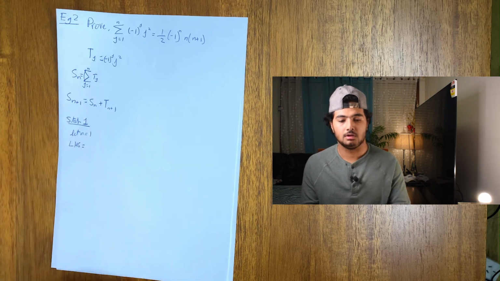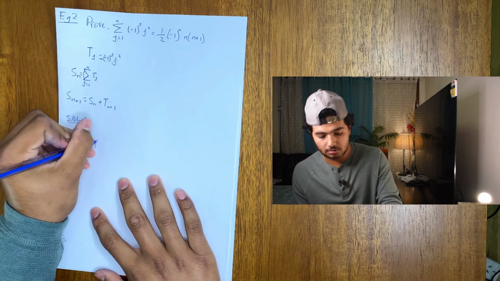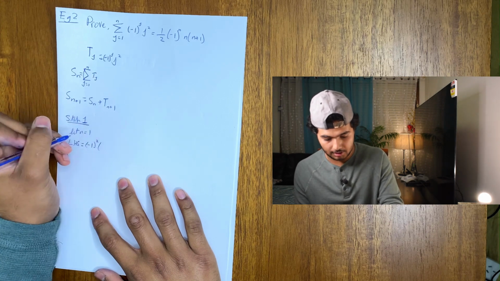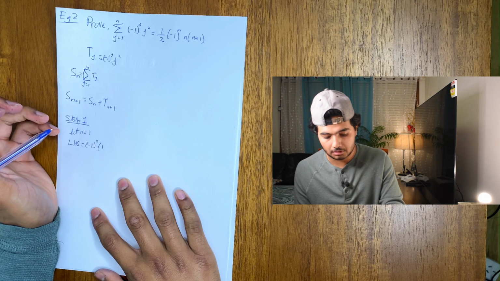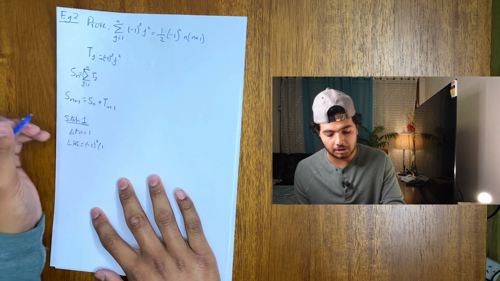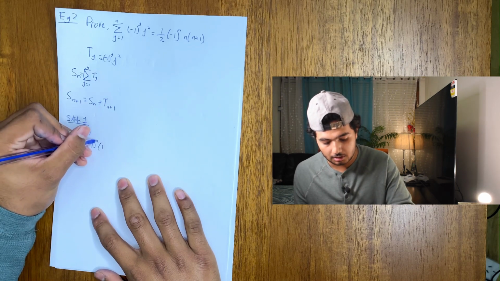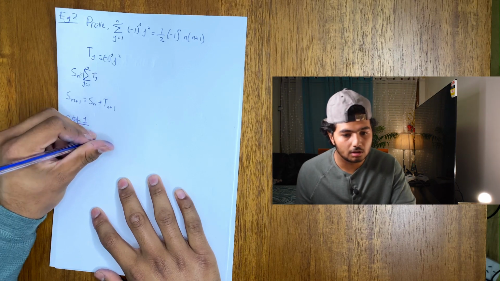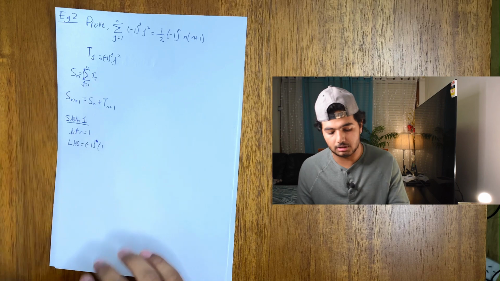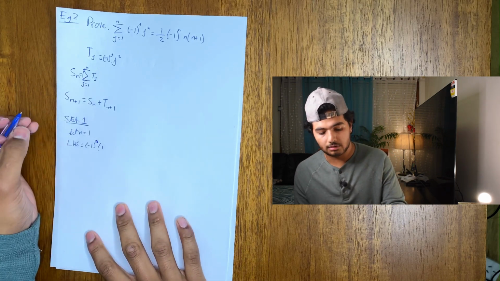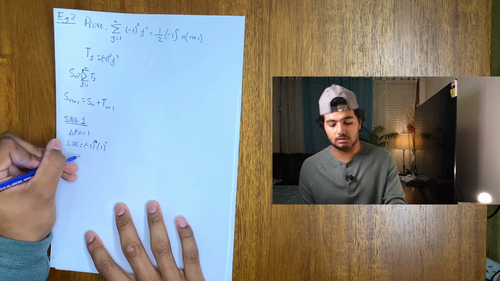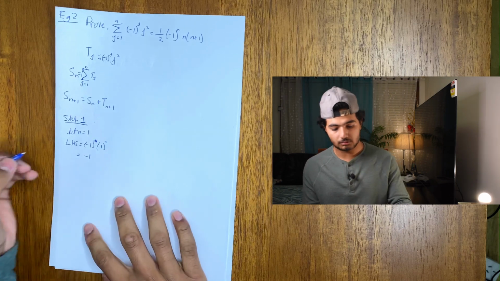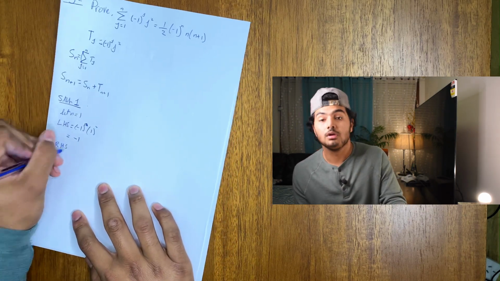LHS gives me negative 1 all squared, brackets 1. Sorry, it won't be squared, that'll just be 1, my bad. That's just going to be 1 in this case. And then we have j in this case is just 1 to the power, all squared. Negative 1, it just gives me negative 1 in this case. RHS, right at the bottom. RHS in this case,